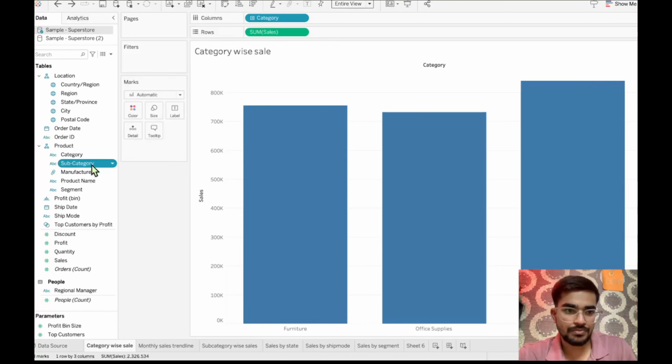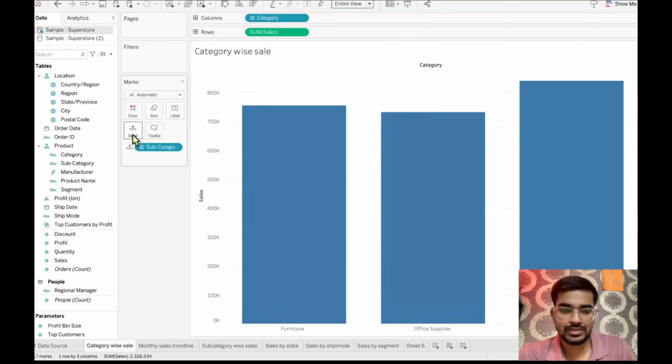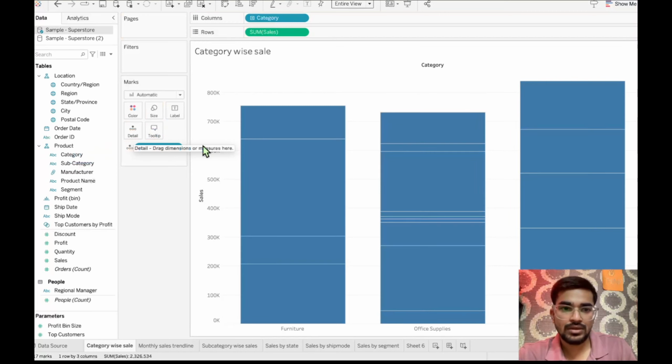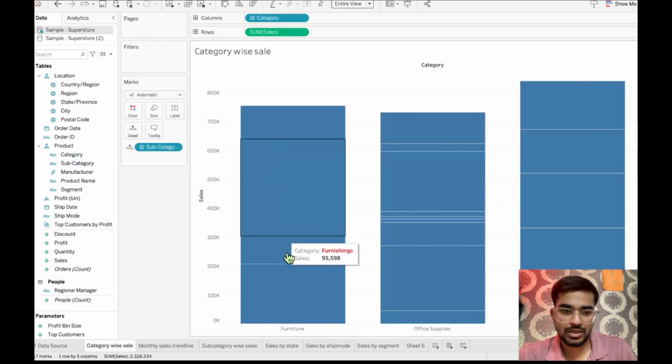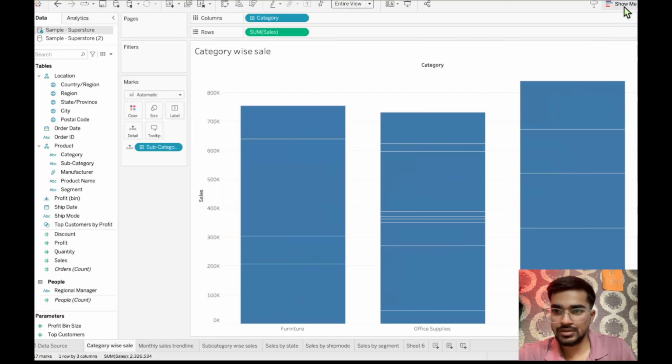So if you just drop that sub categories in the detail section, so you will be having the like more detailed version of that. Like this is the bookcases. So furniture की categories में भी tables हैं. This is furnishings, this is chairs and this is bookcases. So यहाँ पे same color है तो थोड़ा classify सही से नहीं हो रहा है,